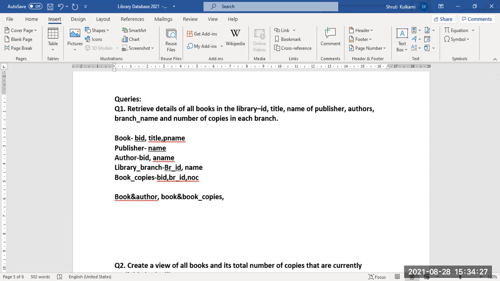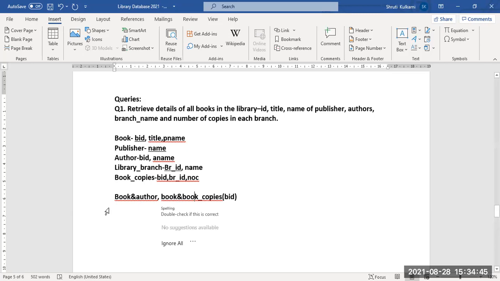So that is done. Then after that, coming to the point, for book and author, we are fetching book IDs here. So BID we are going to take as a matching term: book ID from the book table, book ID from the author table, book ID from the book table, and book ID from the book copies table here. And one more matching term has to be done.